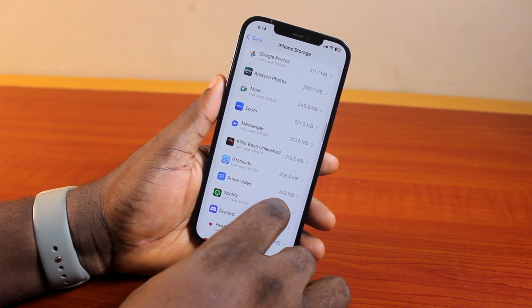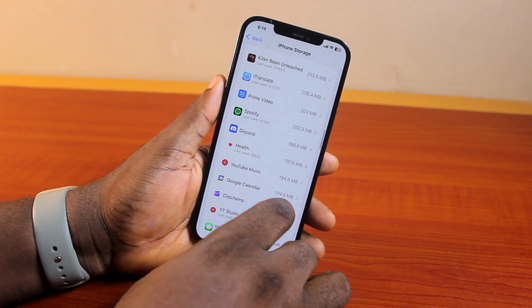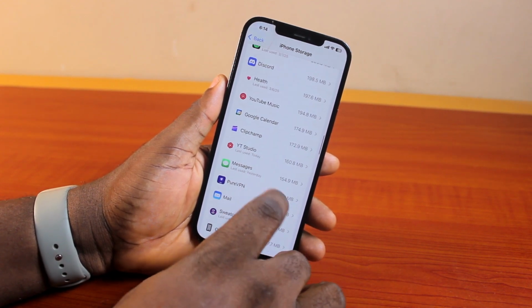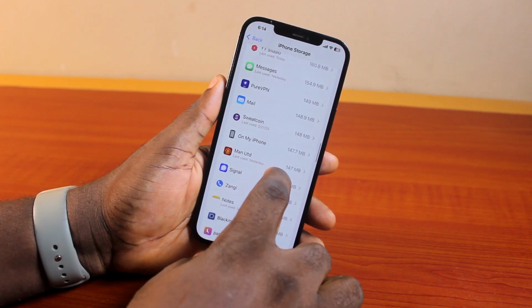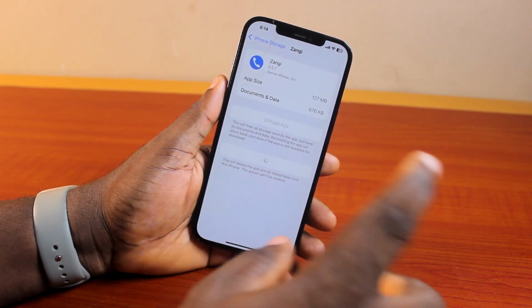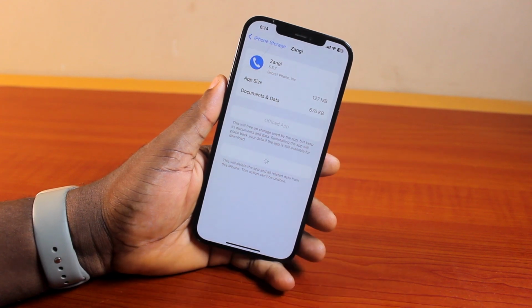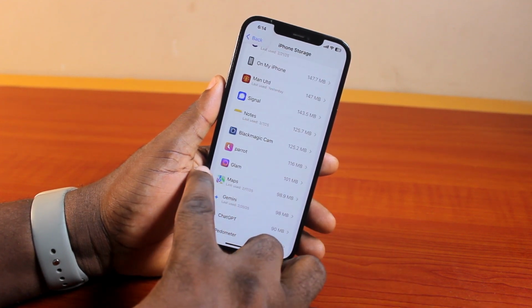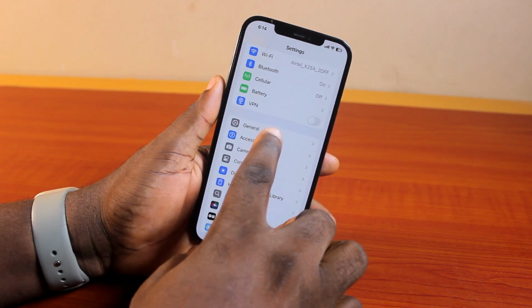to delete it. So this works on all the apps you have on the iPhone storage. So scroll through and then click on it again, click on delete, and then delete. So you can repeat this to delete multiple applications on your iPhone storage. So that is basically how to delete